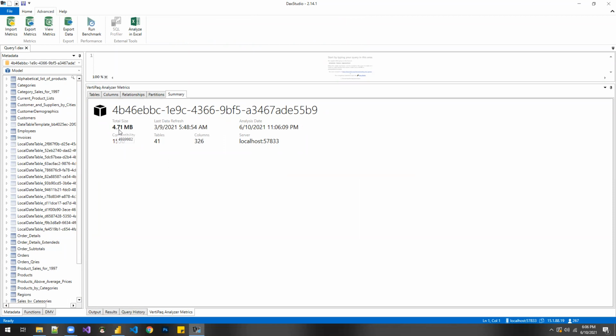Power BI is 4.7 MB, which currently has 41 tables. So when you do a full load of the Northwind dataset, you will be getting 41 tables altogether, and you will be getting 326 columns. So if I open Power BI Desktop, within Power BI Desktop